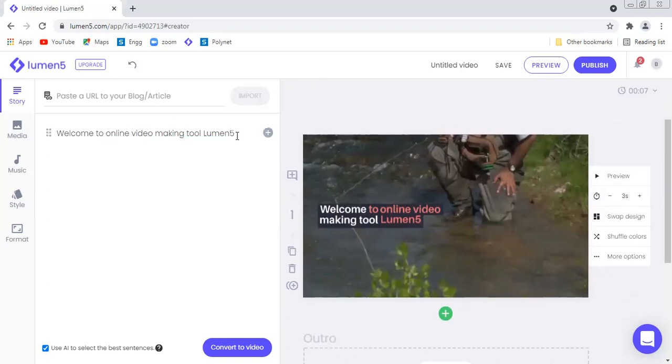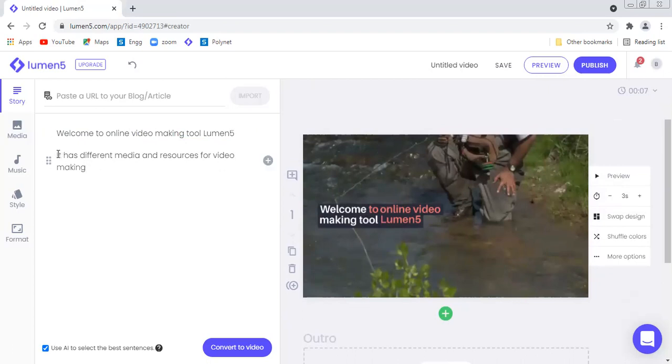So we can either write the story point, say for example, it has different media and resources for video making, right?